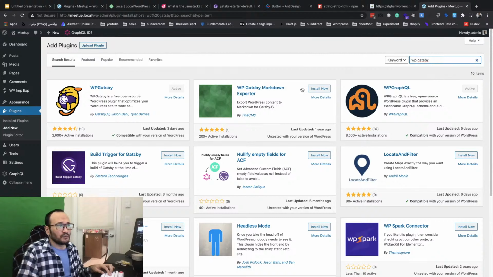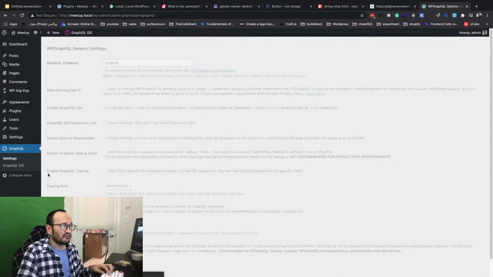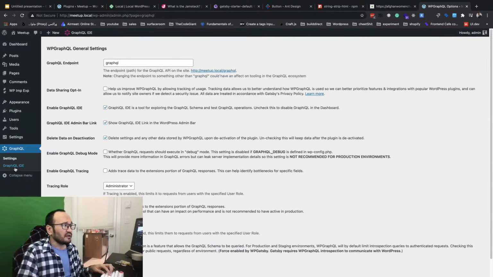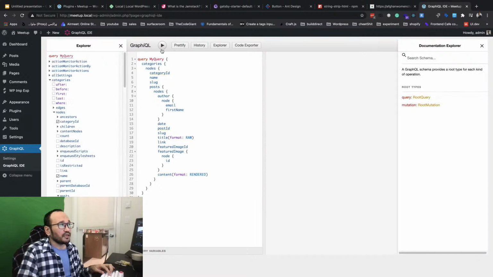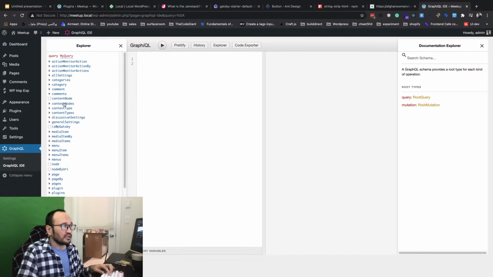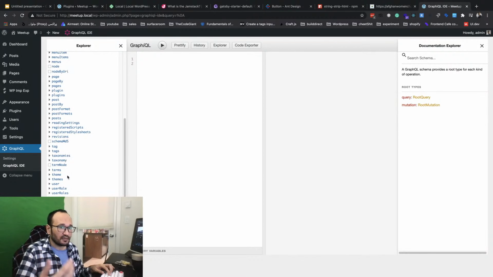And so for example, when you install these two, it's enabling GraphQL for you, and the GraphQL IDE, which you can go query anything you want. So you see here, I have my all collection category and everything you want to see, like get them from the WordPress API, the WordPress database.